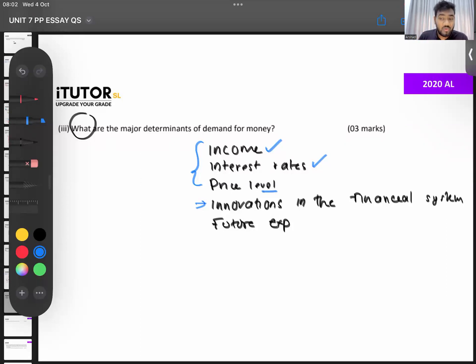Always remember, guys, before you jump into any answer, just because you see the question, don't start writing. First think of all the points, then start writing, because sometimes you will miss out on very important ones and write nonsense. Now, even in this answer, let's say you write future expectations and price level on top. That gives a very bad signal to the examiner. The examiner will be like, "This fellow doesn't know the main stuff, he is writing some other nonsense." So you start your answer by saying the main stuff, then you write the other ones. Always do that. Don't start your answer with nonsense. Write your proper points first, then you come to the next.